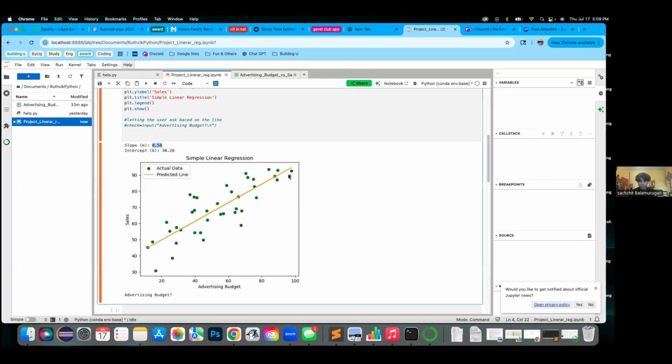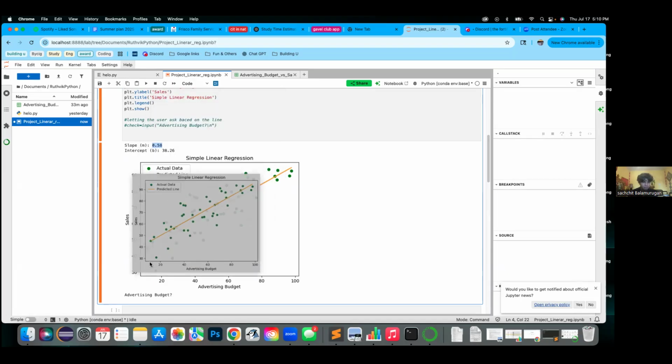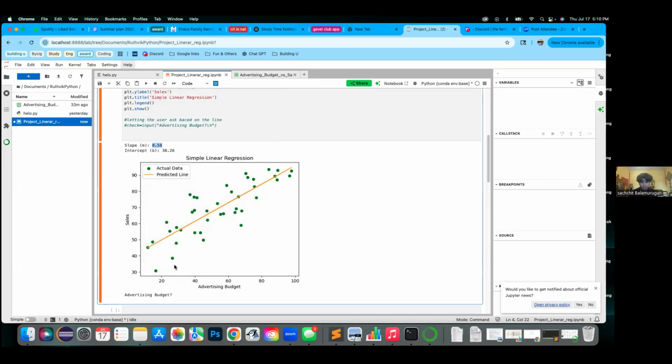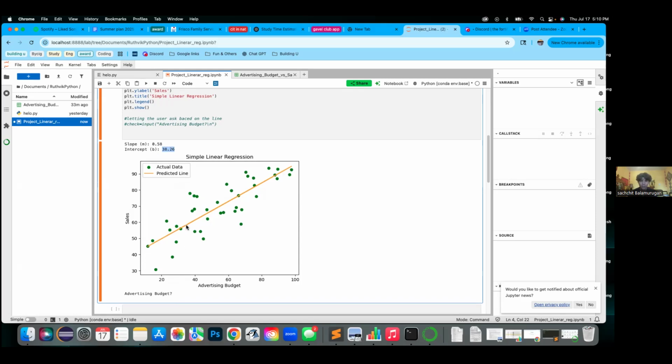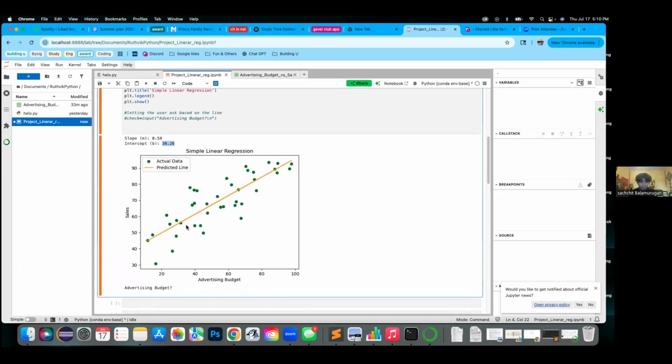There could be a line that goes super high up or super low down, so the slope tells us how high or low it is. And the intercept is where the line hits the y axis. The line just stops here, but if it kept going, it would hit here, and it tells us the exact point where it hits the y axis. Okay, good.